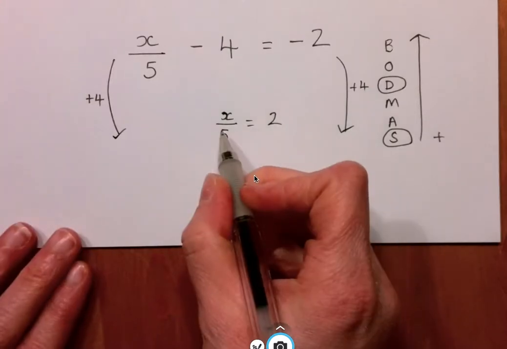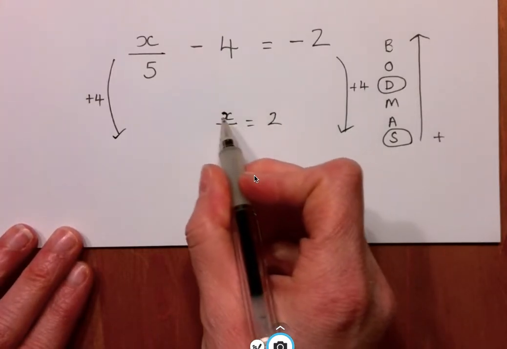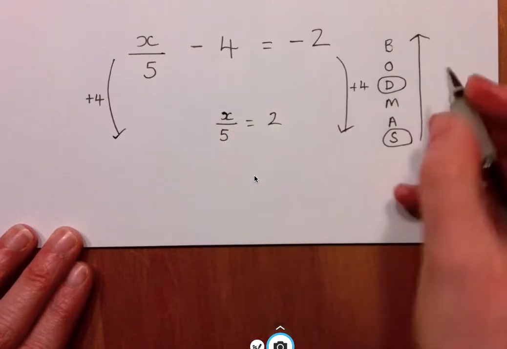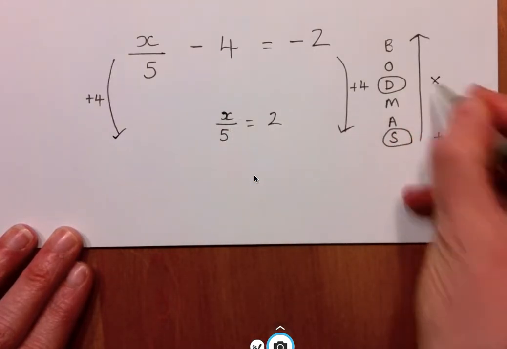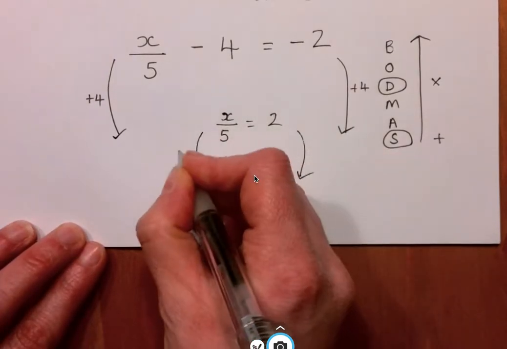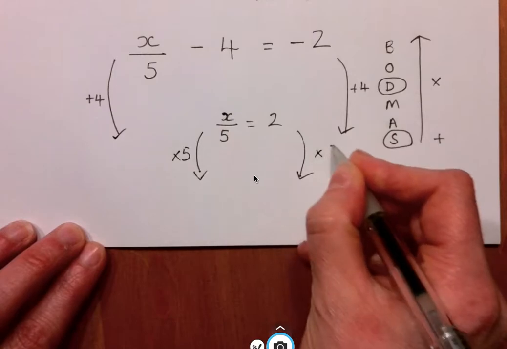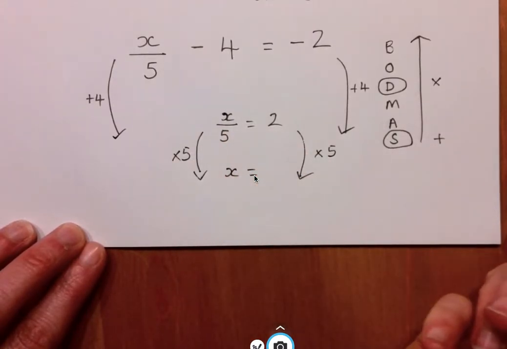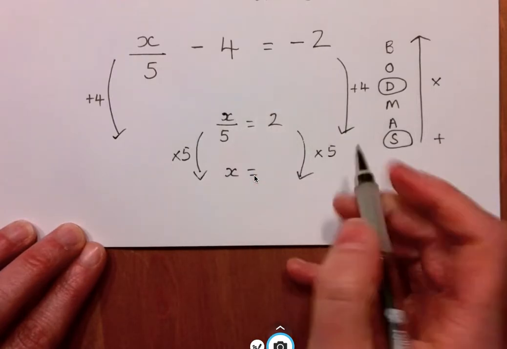Okay? And then now I need to think, if I want to get x on its own, I need to get rid of the division. So the opposite of dividing is to now times, like you were doing yesterday. So now we multiply each side by 5. Here, the divide by 5 and times by 5 cancel each other out, so it gives me x on its own. And 2 times 5